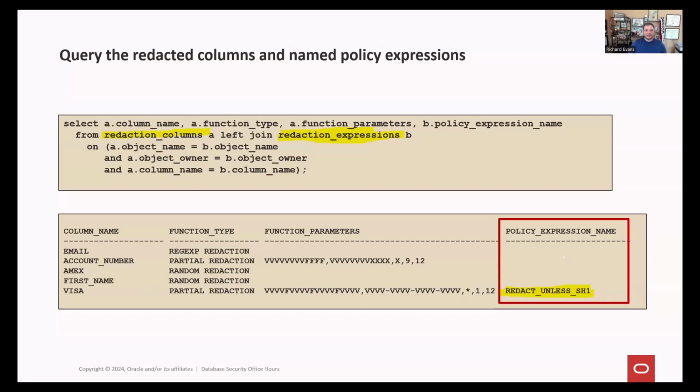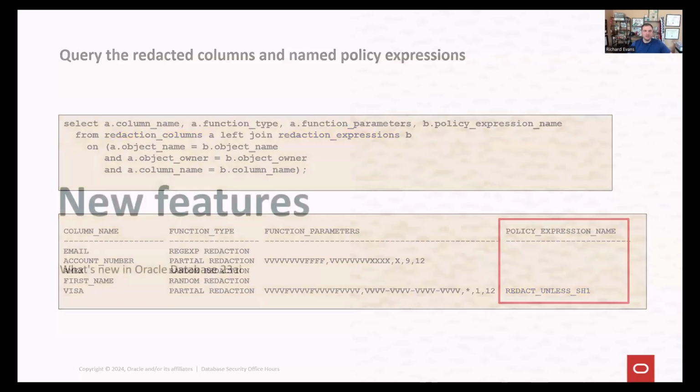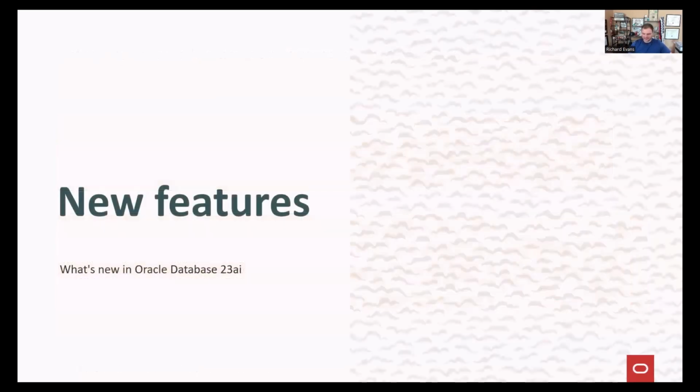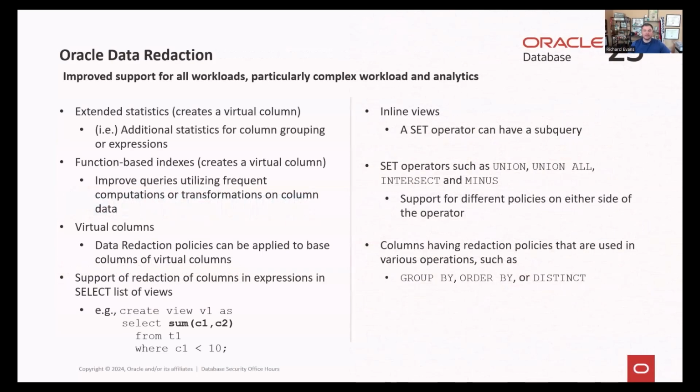This is included in that script if you want to take a look at this query there. But just kind of a left outer join to get all of them from one view, combine it with the other view, and see where those policy expressions are attached. Okay. Now in 23.6, we released some really new, really great capabilities here.